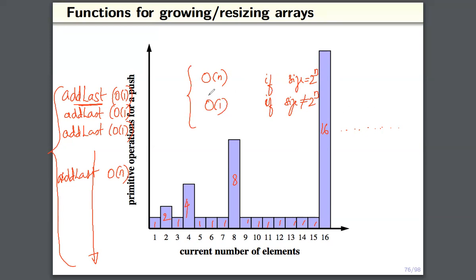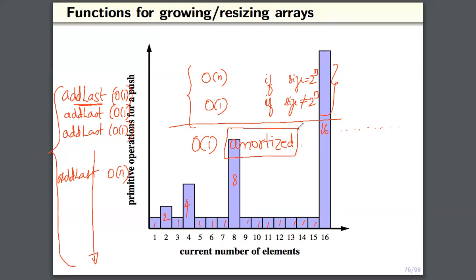This is good. You can say something like this using a condition. But typically, we don't use these conditions. We will just say O of 1 amortized. And why do we say that? Now let's think about it. So what is the meaning of amortized analysis? So that means,